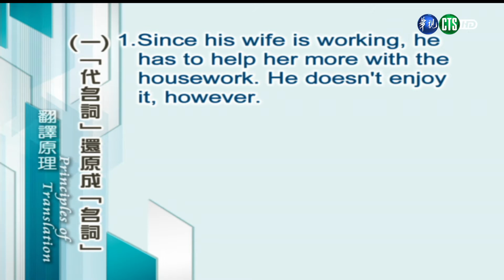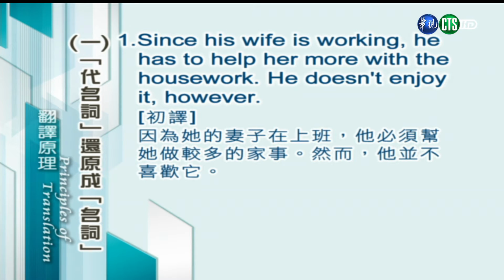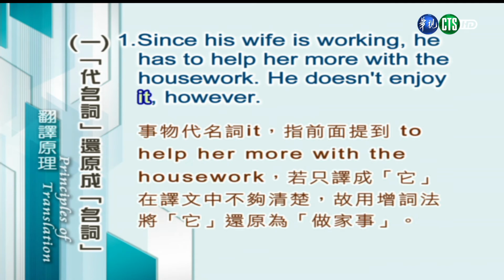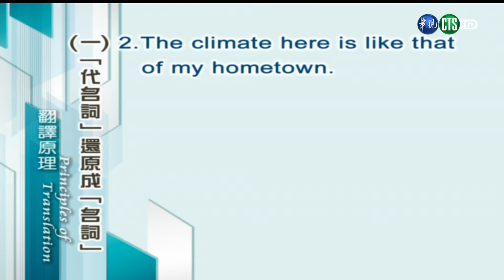He doesn't enjoy it, however. 我们从字面上翻翻看。因为他的妻子在上班，他必须帮他做较多的家事，然而他并不喜欢他。来，我们来增词改译一下。因为他的妻子在上班，他必须帮他做较多的家事，然而他并不喜欢做家事。我们来看一下事物代名词 it，是指前面提到的 to help her more with the housework。若只翻成他，在译文当中不够清楚，所以我们要用增词法来把它还原为做家事。